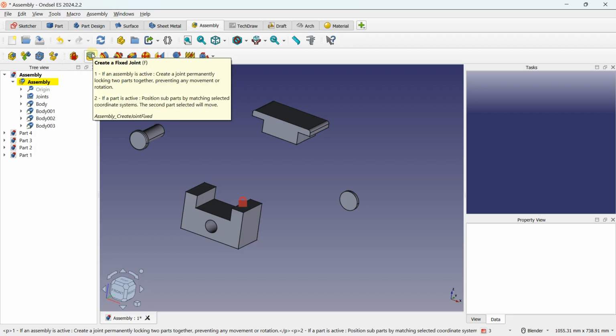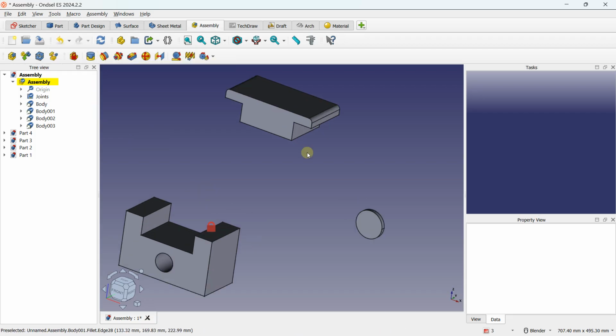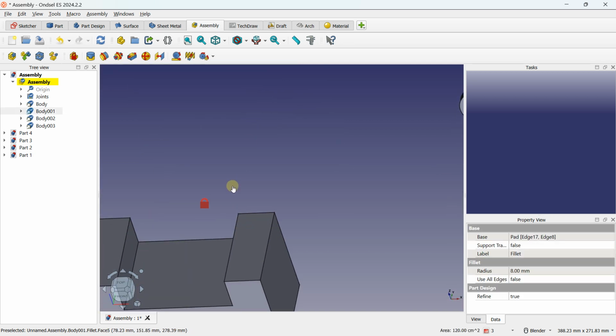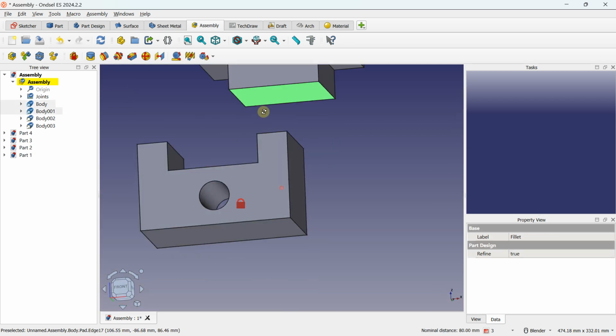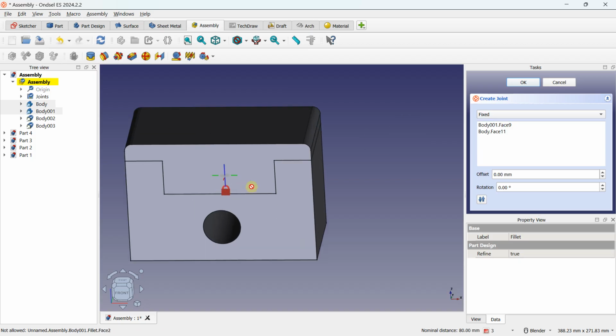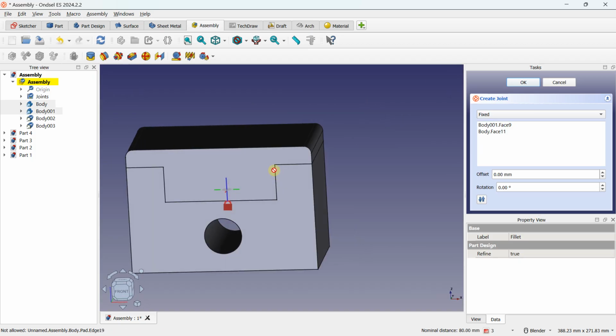For example, you have the first one, create a fixed joint. So concretely, you can just select, for example, a face. And if you select another face with control, you can press control, you can just use one of these. And if I select the first, create a fixed joint, automatically, as you can see, it's working properly.